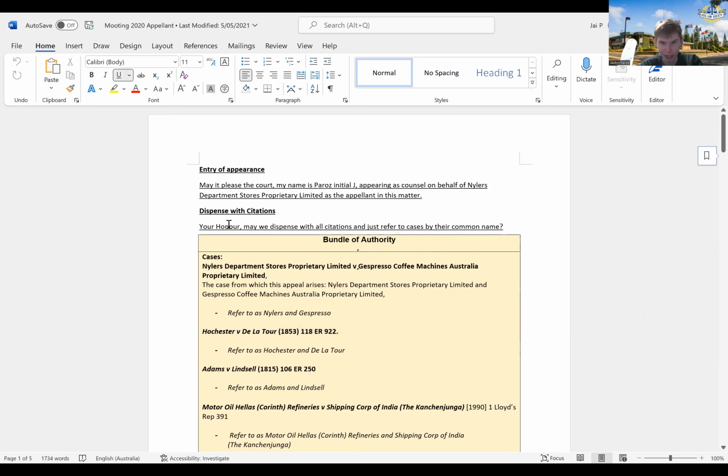If you just say this one little simple thing, that'll fix it. So only the appellant has to say this. If the appellant says this, the judge will grant it to both sides, so no one else will have to worry about saying it. If the judges say no, and they won't in this competition, you'll have to say the whole wordy thing. But that won't happen in this comp.